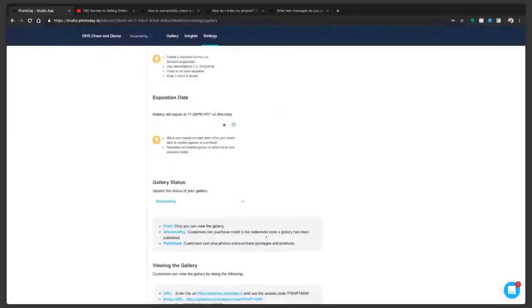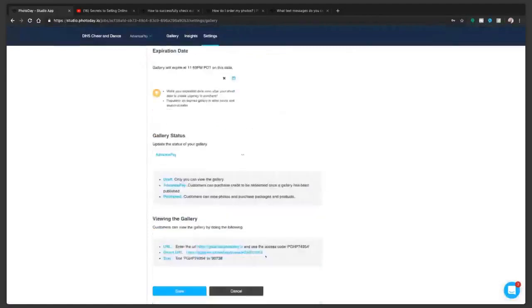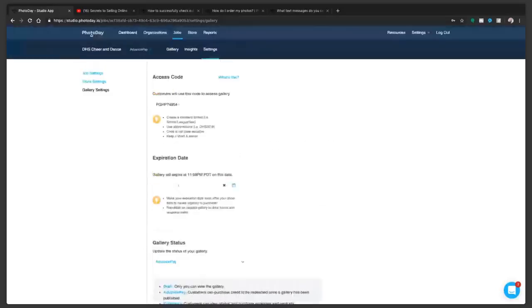So down here also, there are 3 different ways to access this gallery now. They can text the code to the shortcode. You have a direct URL, or PhotoDay has a general landing page that anyone can go to and enter their custom access code that you create to get to their gallery. That's a handy link if you wanted to put it on your website and say PhotoDay galleries are here. And they go there, they still have to enter their access code because we still have to protect the photos at some level. And then obviously you can put your expiration date in here if you want to